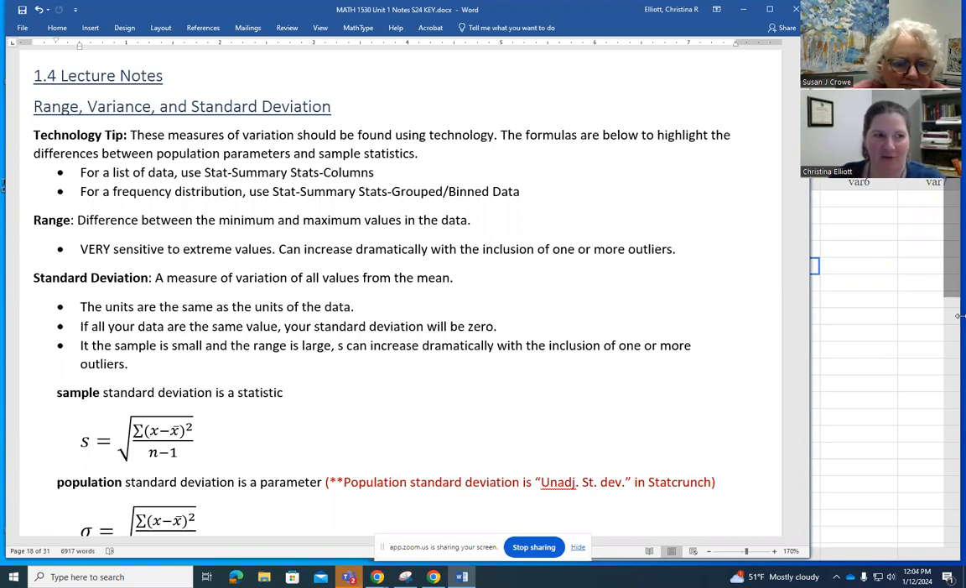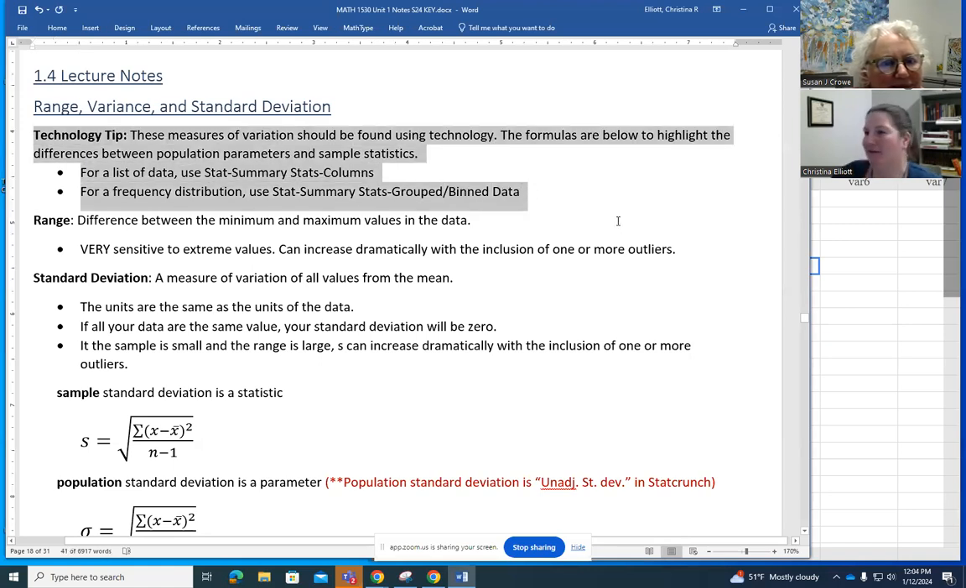Let's talk about range, variance, and standard deviation. This is in 1.4, measures of variation, which is another one of those characteristics of data. It matters where the center is, but it also matters how the data spreads out from the center. And so, first and foremost, here in the lecture notes,